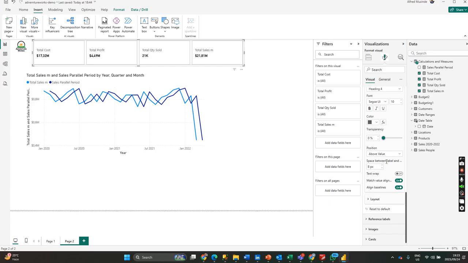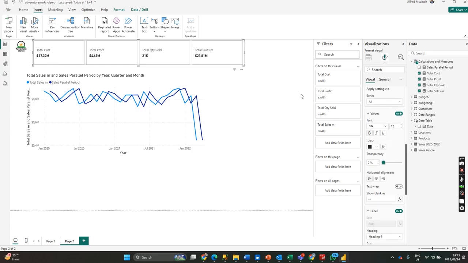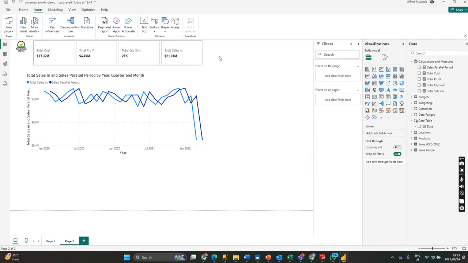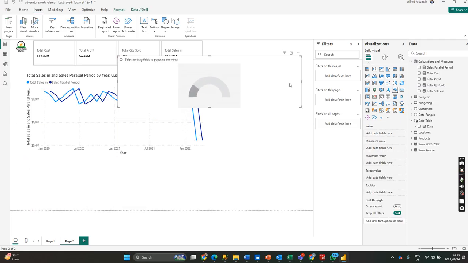But let's go for the other data. Okay, so if you know how to format, it's fine. So after, let me put a few items here. I want to put maybe a gauge. You might not have done a gauge. So a gauge is the target